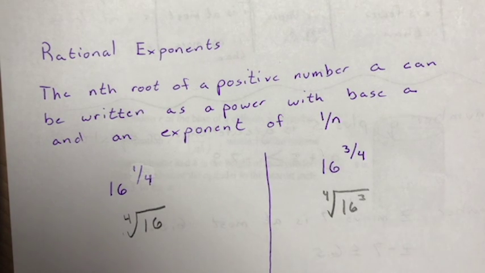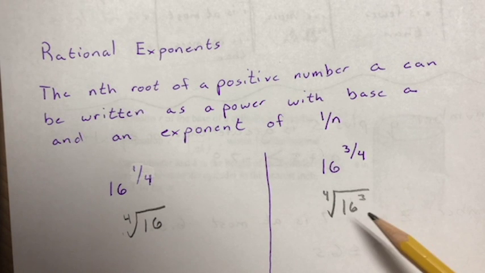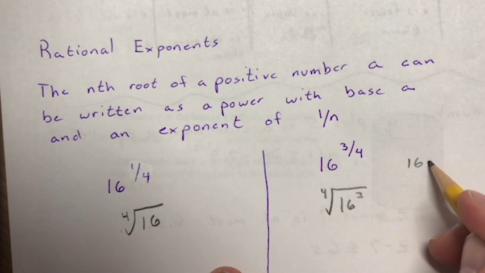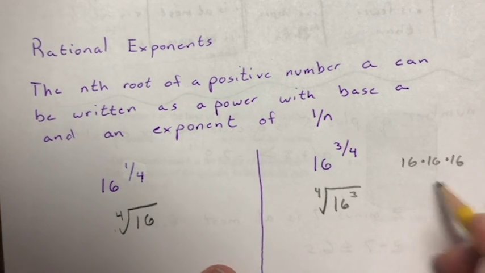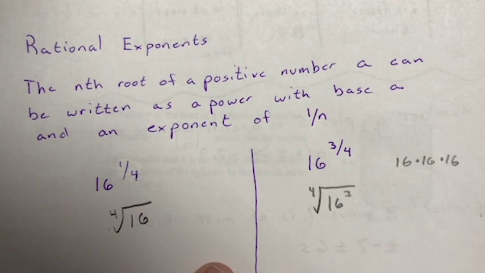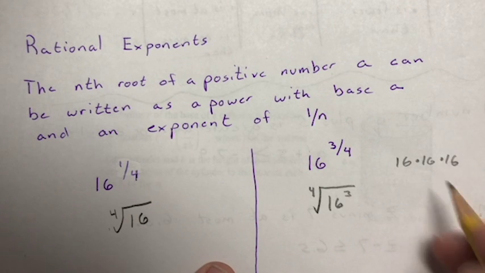And this is where, like I said, things can get really complicated really fast. If I were to solve this by hand, I would have to do 16 times 16 times 16 over on the side here, and then whatever number that is, and just out of curiosity, what is that number? It would be